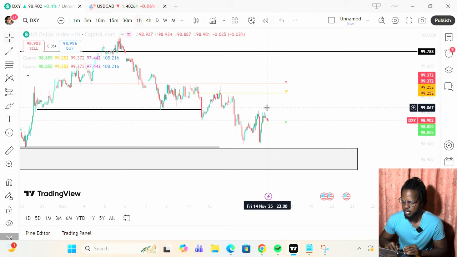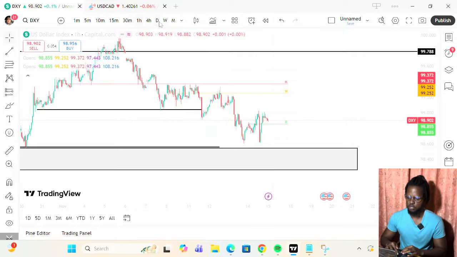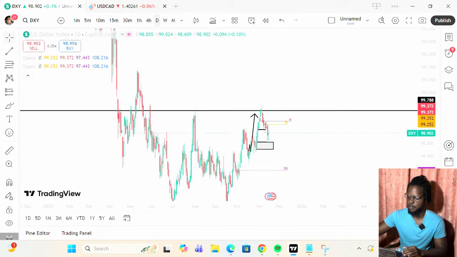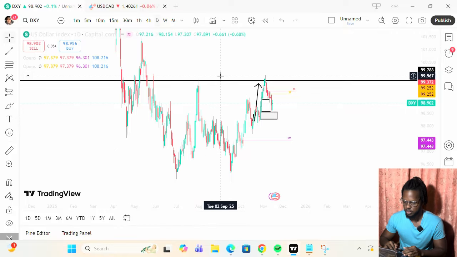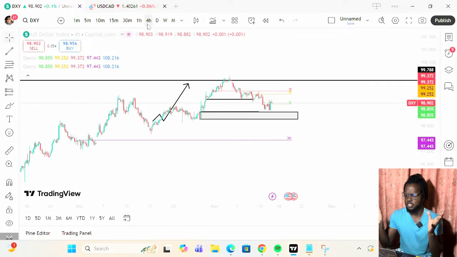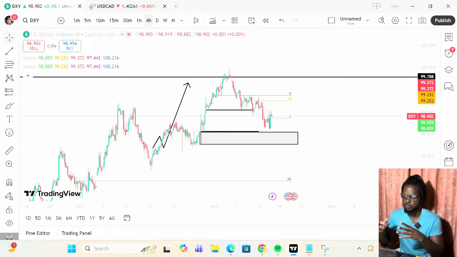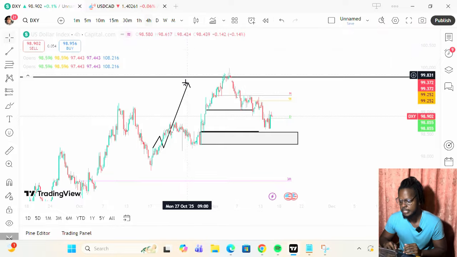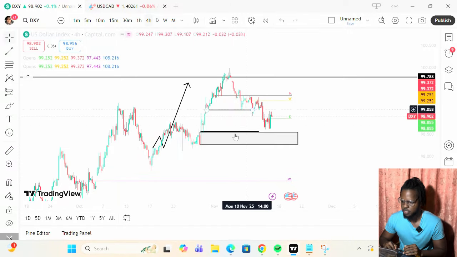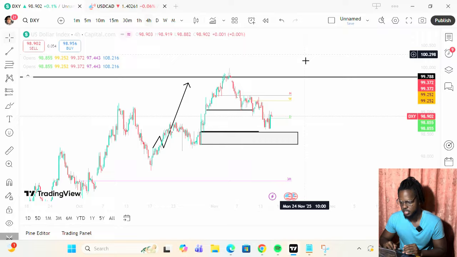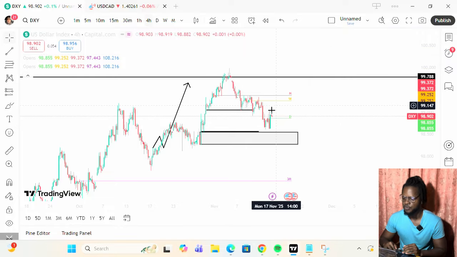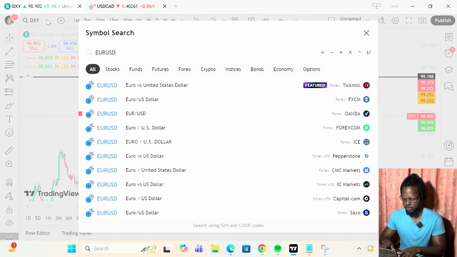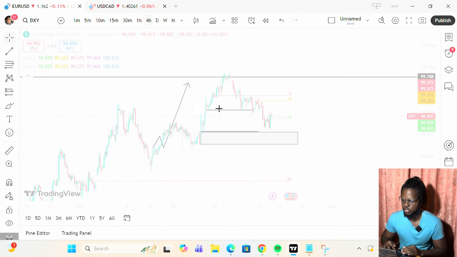But if we start breaking above these highs, then I'll start looking for longs on the retest, because overall we're just bullish on the dollar. We have been bullish for a really long time. Even though we did take a lot of liquidity, I still see some more upside. So basically my exact same bias as last week. I anticipated last week would be a lot of selling the dollar because we are really overbought and entering a range. Usually you have a sell off, a range, and then a buy, or a buy, a range, then a sell. So this is a sign that buyers are finally stepping into the market. And so I'm looking at dollar longs this week.